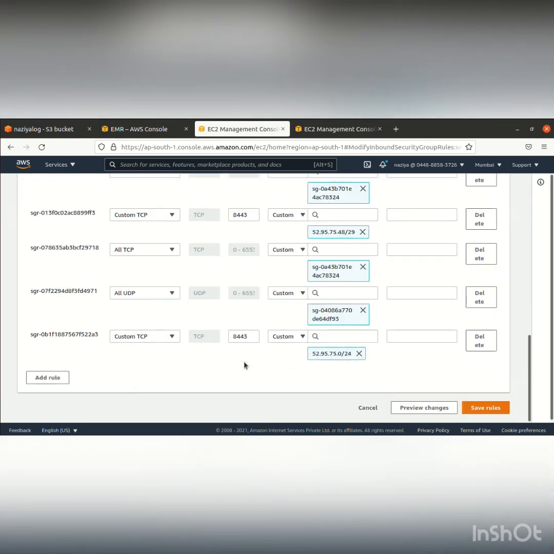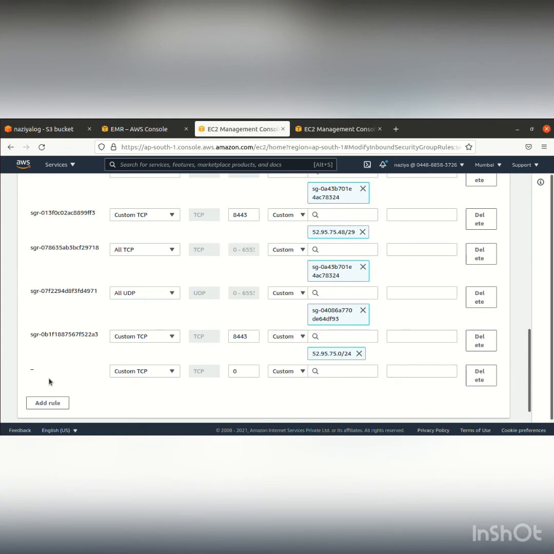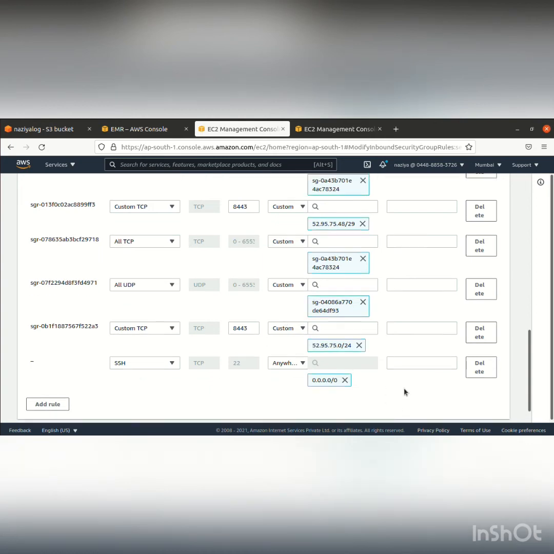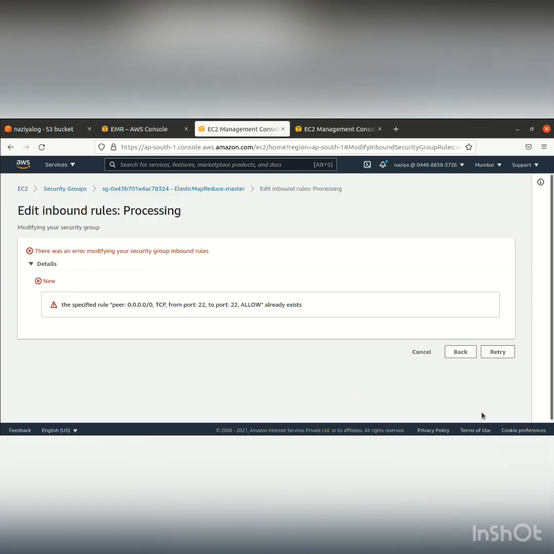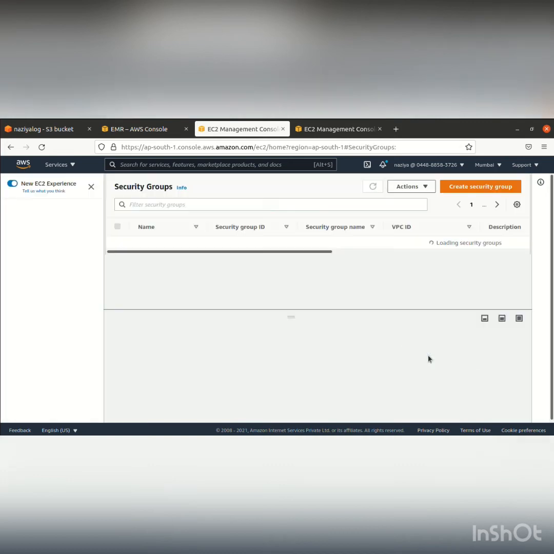Here I'll go to add rule, and I'm changing the type from custom TCP to SSH, and then the source from custom to anywhere IPv4. Then I'll add this rule. As I've already done this, it's showing that you cannot repeat it again.